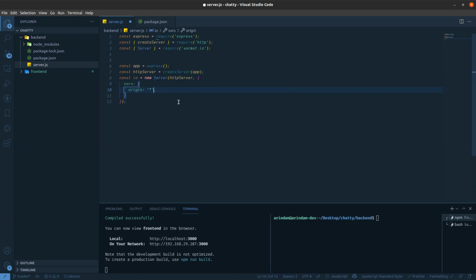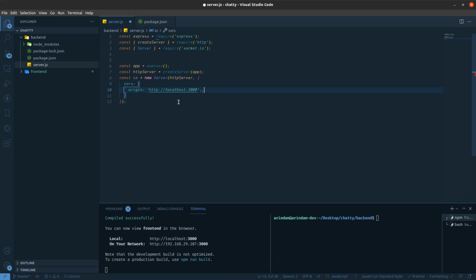With star, any website that wants to access your socket IO can do so. But I'm giving access only for port number 3000 on localhost, so http://localhost:3000.